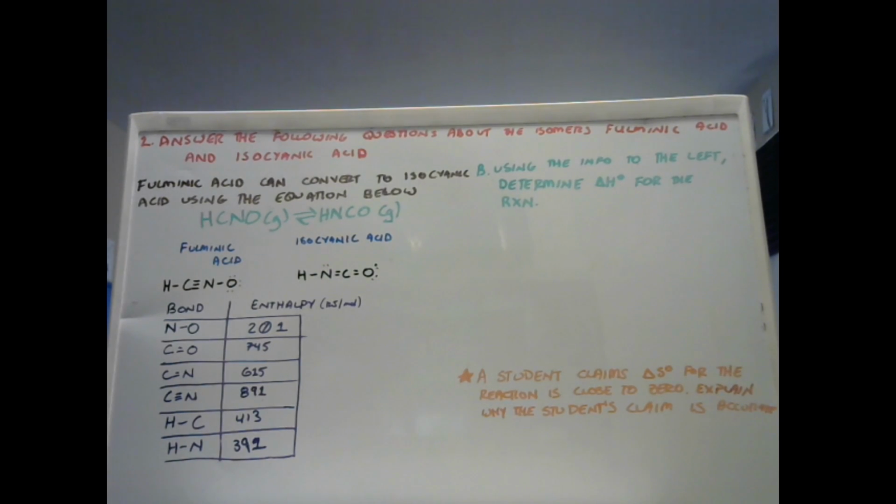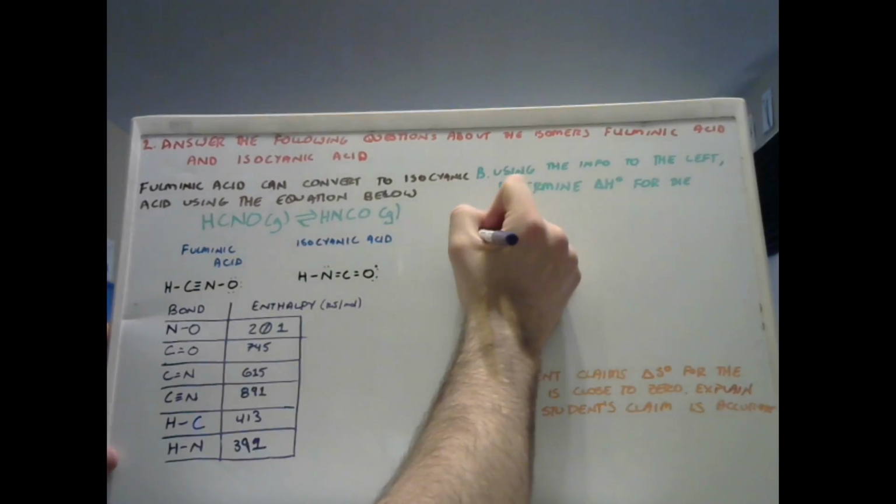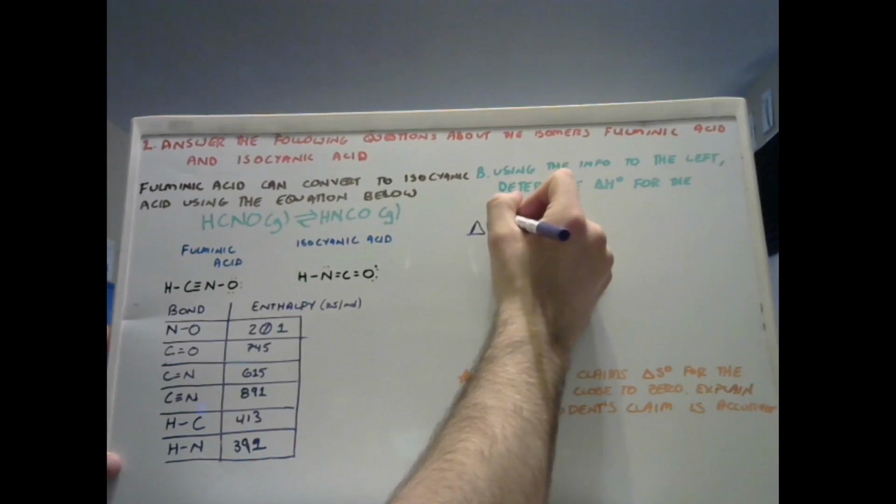Whenever we're talking about delta H, there's many ways you can go about it. You could be talking about the heat of reaction. You could be talking about bond enthalpies. You're talking about delta H formation. In this particular case, we're talking about bond enthalpies, which means our method of solving this is going to be this equation here. Delta H